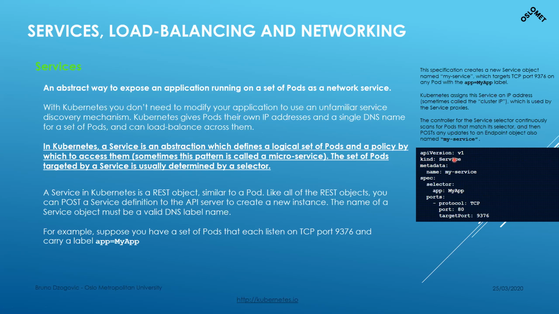You put kind to be service, not daemon set or replica set, and you just put a selector my app to name it, and you put ports, this port and this port. The service will have this port. So whatever you run inside this service, it is going to be a web server, it will be assigned specific ports. So the IP address will not be relevant. So when you're accessing on port 80 on the main machine, it will translate it to 9376, and it will just access all the pods that are running in that service namespace. So this is how things are being done.